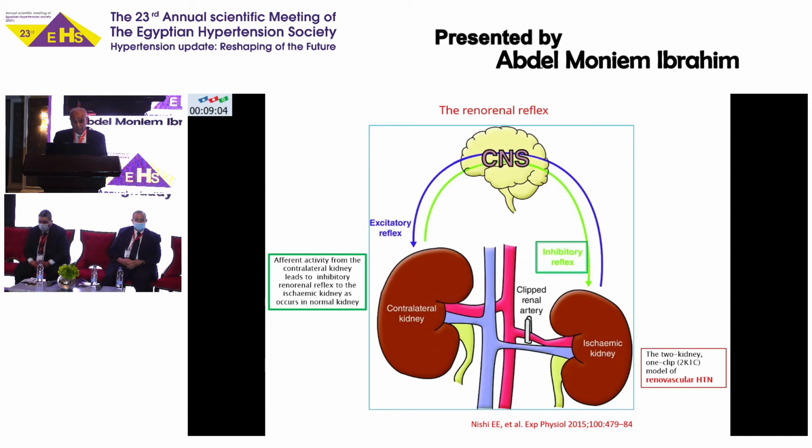Increased afferent activity from the ischemic kidney leads to an excitatory reflex that augments the sympathetic outflow in the contralateral kidney,